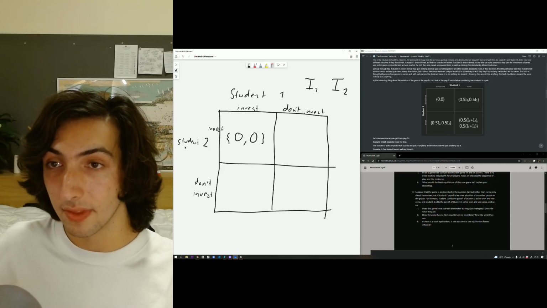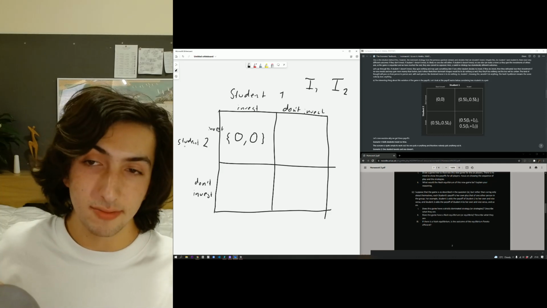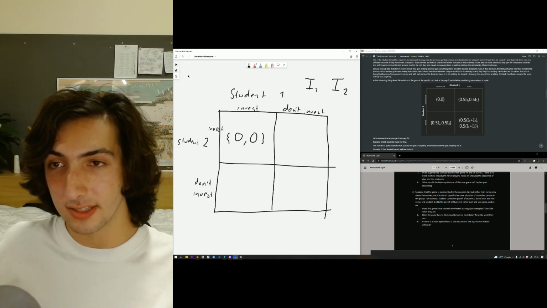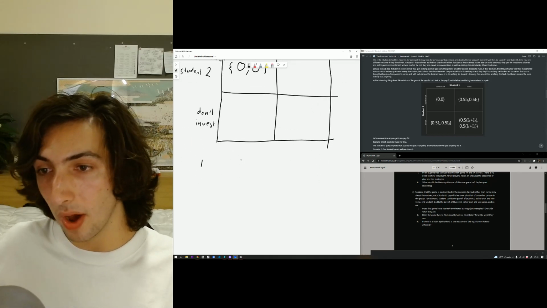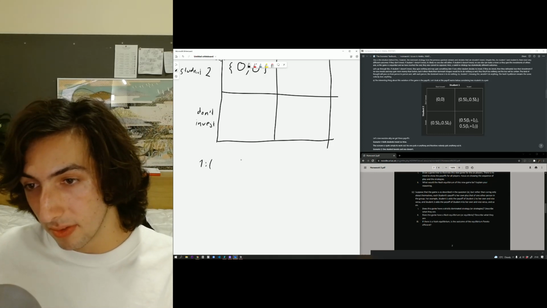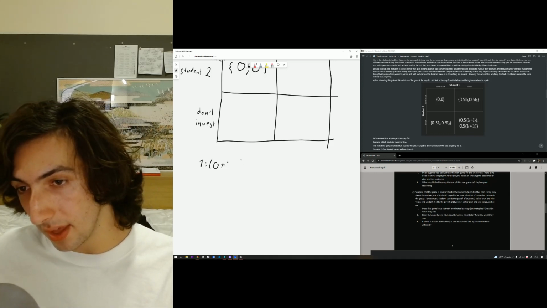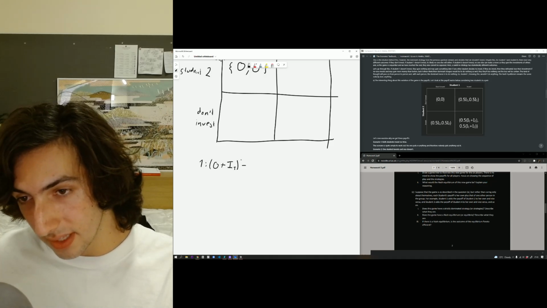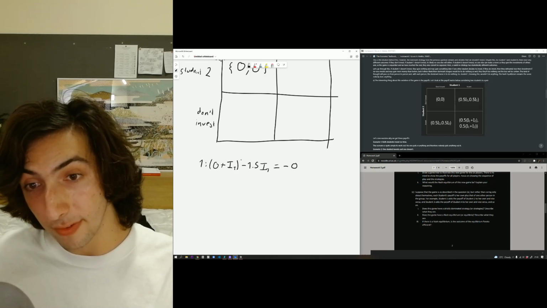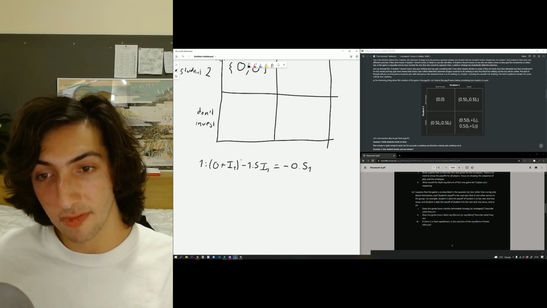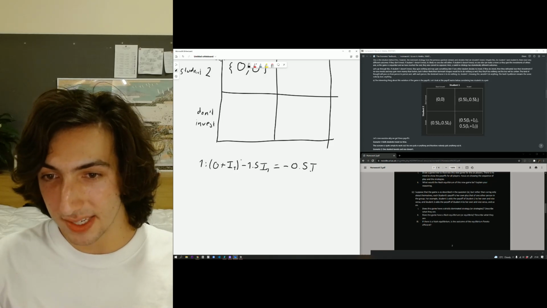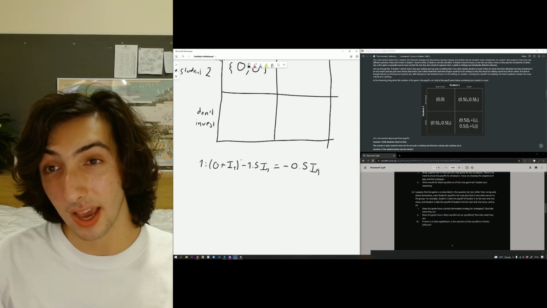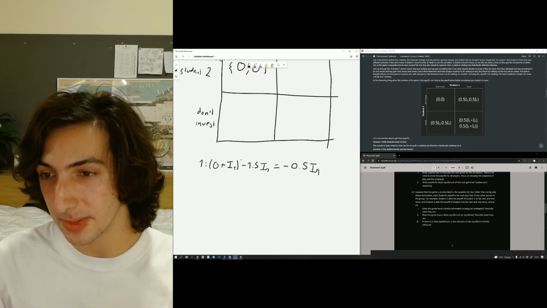Nobody gets anything. Okay, but if one person invests and the others don't invest, this is a little more interesting. So let's examine what happens with the payoffs for 1 here. So let's say 1 invests here. Okay, the other person doesn't invest, so we put 0 here, but they invest I1. Then we subtract 1.5 I1, and this gives us an individual payoff for student 1 of minus 0.5 I1. So essentially they're going to make a loss on their investment individually.